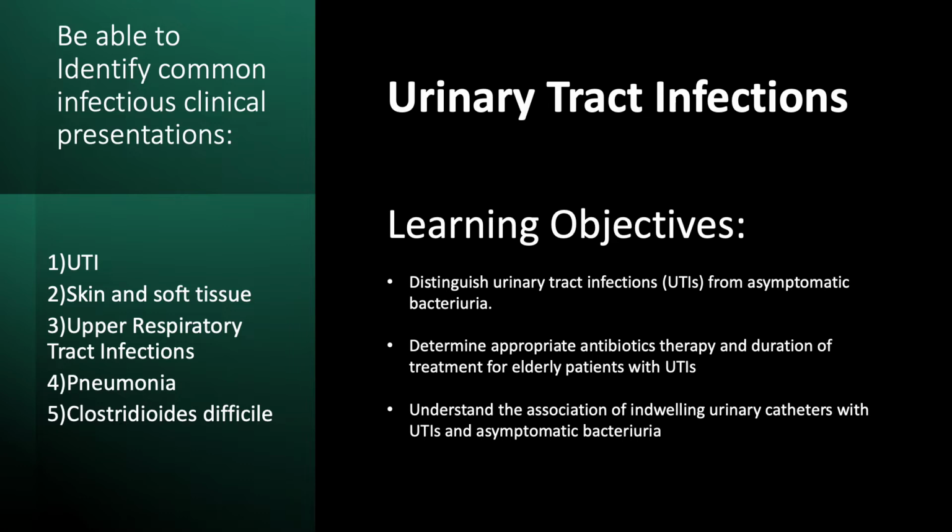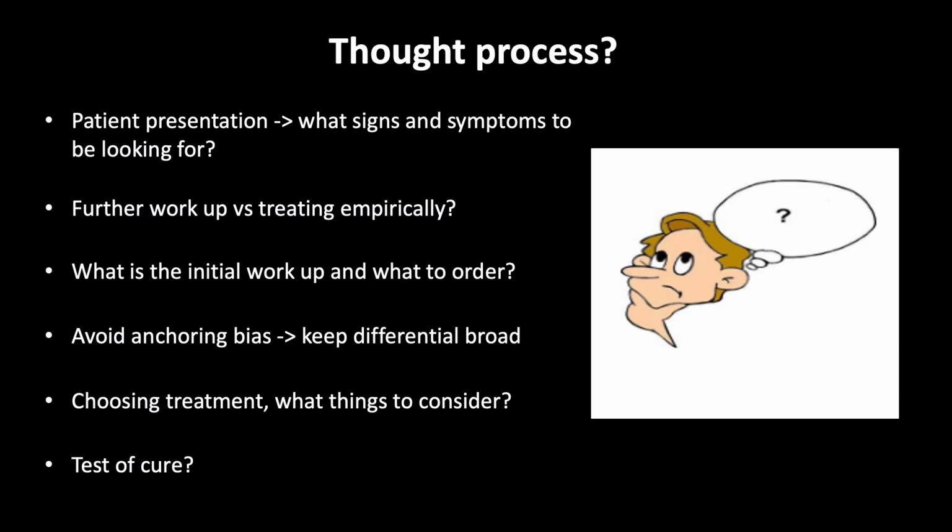The learning objectives for this talk include distinguishing urinary tract infections from asymptomatic bacteriuria, determining appropriate antibiotic therapy and duration of treatment for elderly patients with urinary tract infections, and understanding the association between indwelling urinary catheters with UTIs and asymptomatic bacteriuria. When approaching a patient with suspected urinary tract infection, what are the ideas that should be flowing through